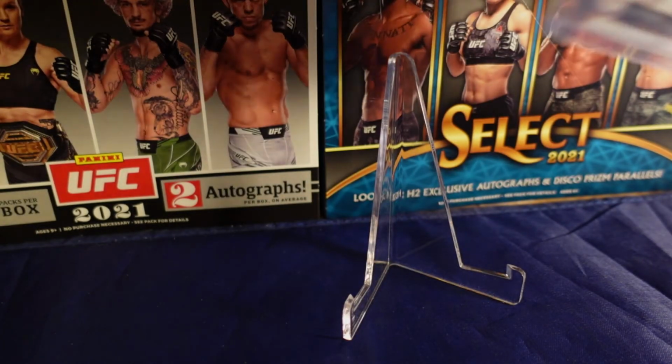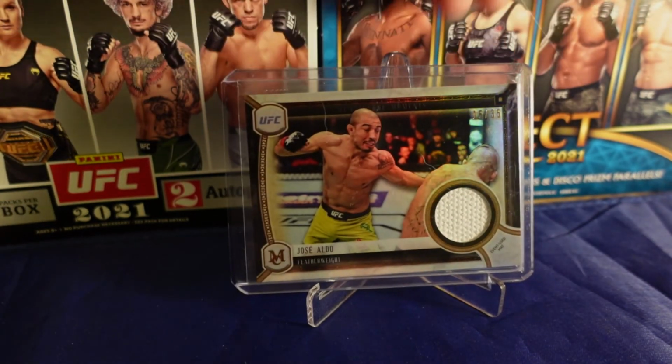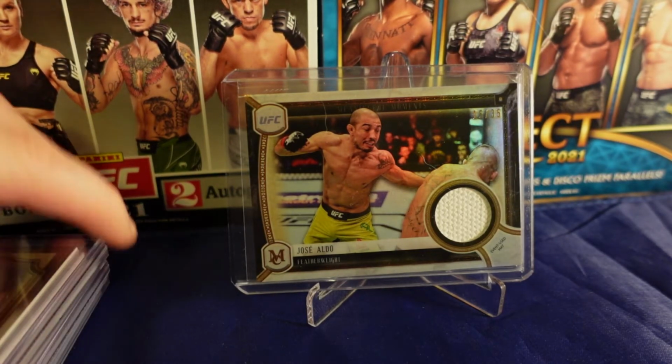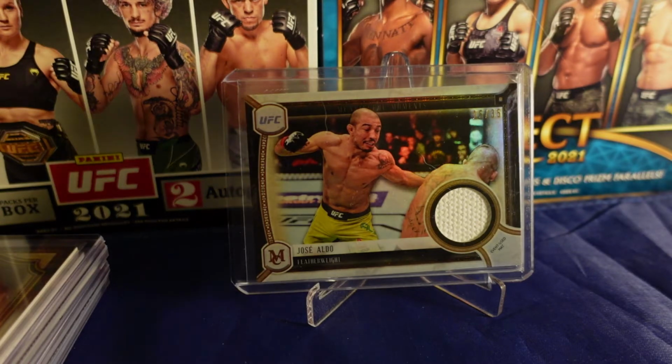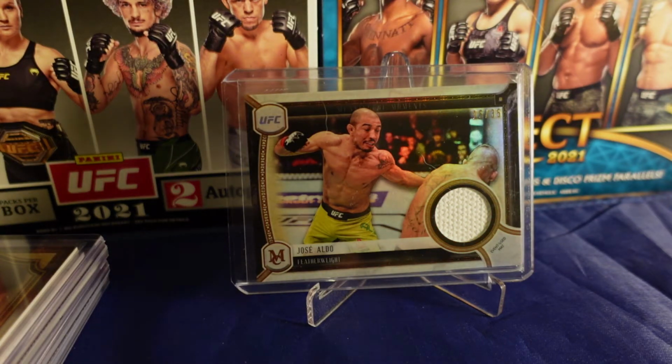So, Topps Museum collection. Every case has a frame, which I guess is this heavy metal frame with a card in it, and it weighs a ton. So people buy the case, get the frame, get the box out of the case. It's a 12 box case with 8 cards per box. They get the frame out of the box, and then they take the other 11 boxes and they sell them